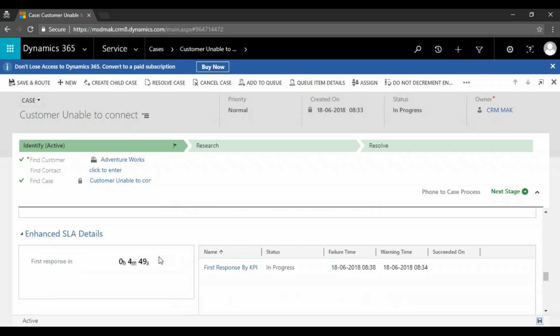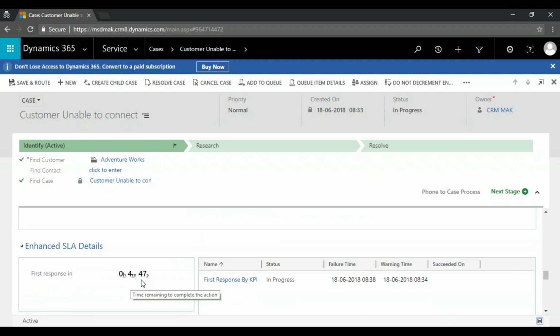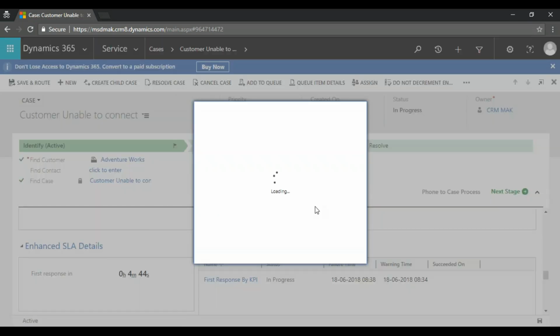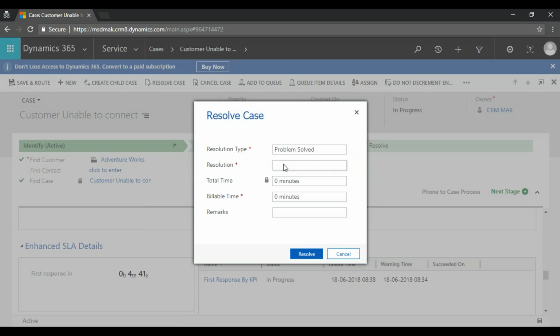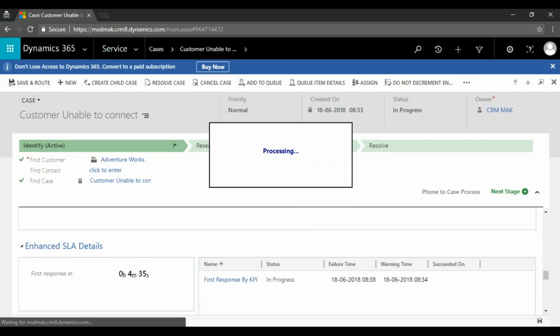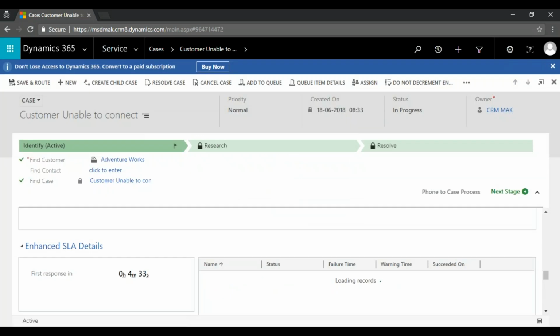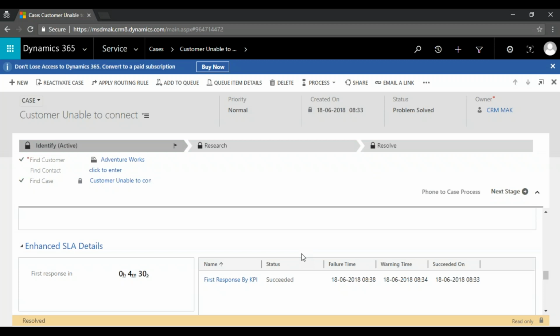Now if you see here, we have 4 minutes 48 seconds. Now I'm going to say resolve case. Resolved, and I say resolved here. Case is resolved and SLA will become successful.